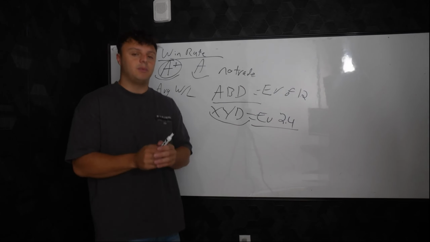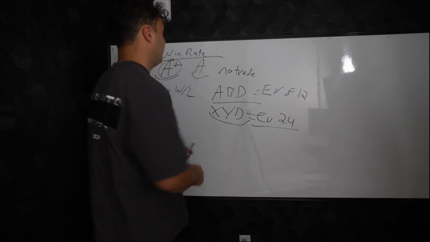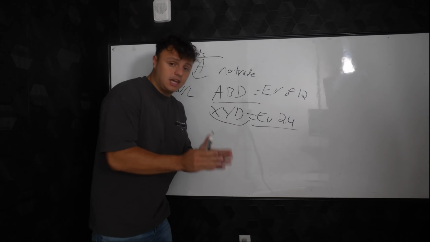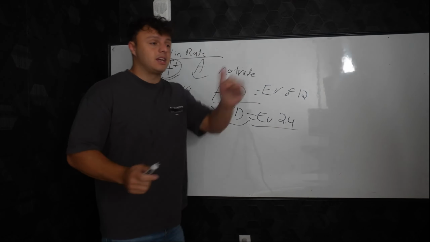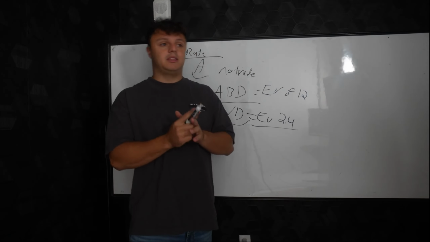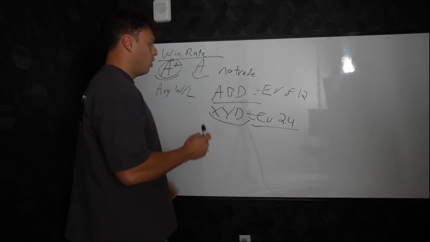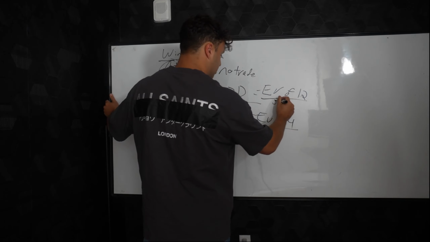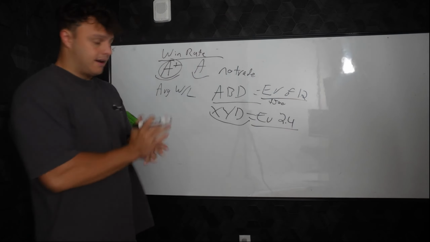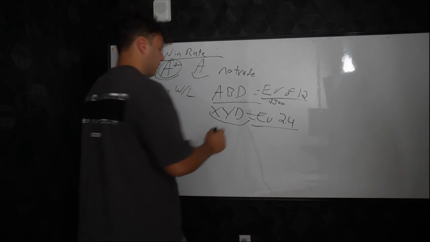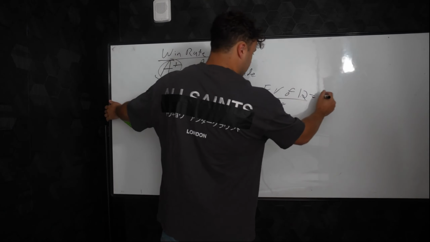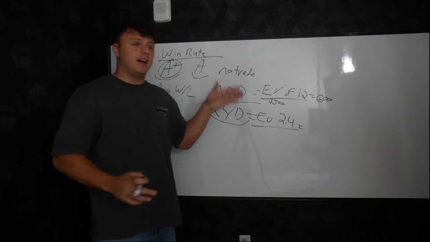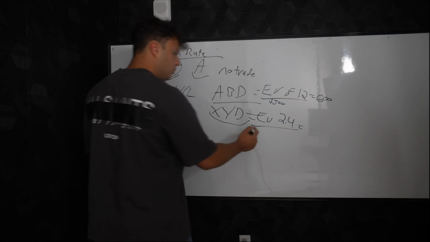So once you have the expected value of your edge, you need to start getting the expected value of your setups, because that's how you raise your overall expected value. If you risk heavier on the setups with a higher expected value, and risk less on the setups that are still profitable but not as high, your overall expected value goes higher. If you're risking 500 bucks on these setups, on average per trade you're going to make, say, 600 bucks. But on these, if I see the expected value is through the roof, I'm going to risk $1,000.